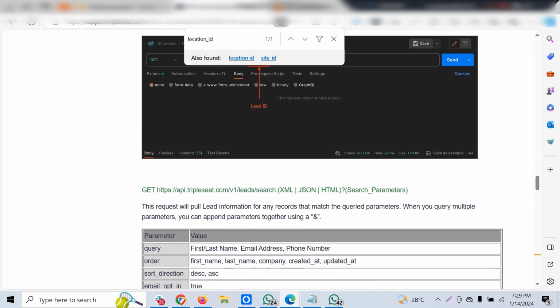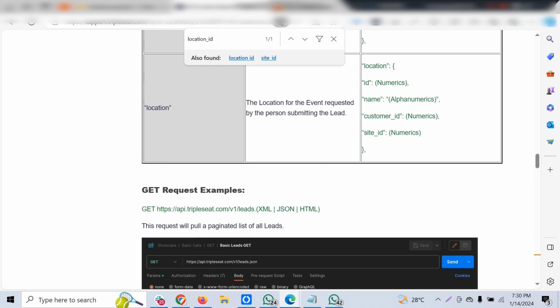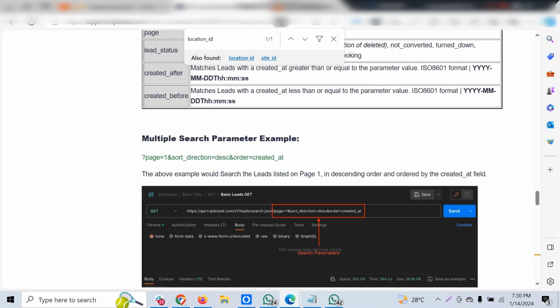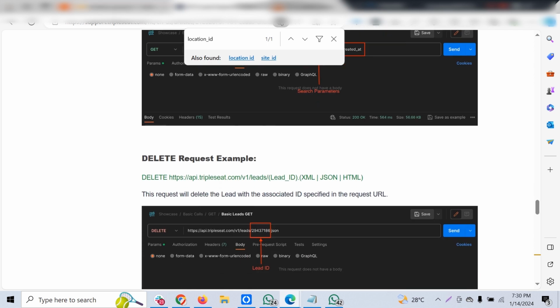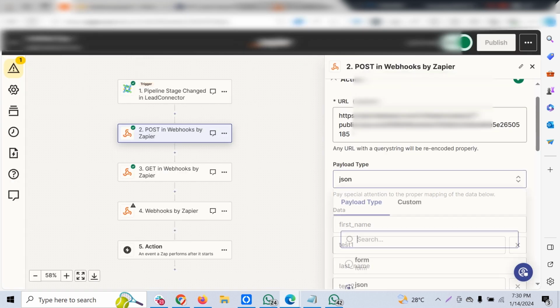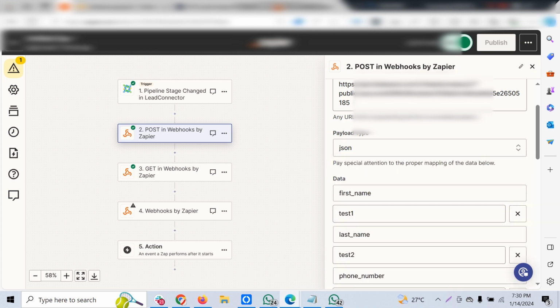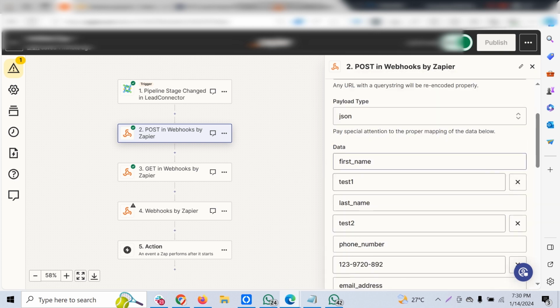And if at all you want to get the existing leads, you can use this endpoint. But for creating a new lead, you have to create a POST request, and the payload type would be JSON or form. Normally form and JSON are the most common types. JSON is the most popular one, and we are sending the first name, let's call the first name as test1,